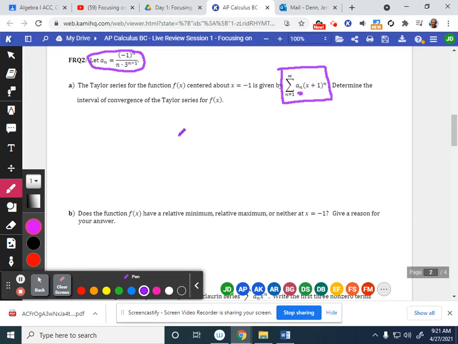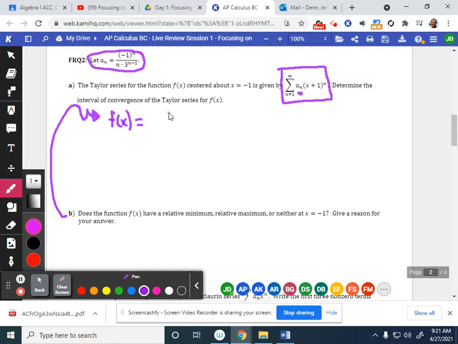Does the function f of x have a relative min, max, or neither at x equals -1? First let's remind ourselves of what f of x is. f of x was found in part A, and it is just this series. I'm going to do part B, but I'm going to write my work up here, because I have more space. So f of x